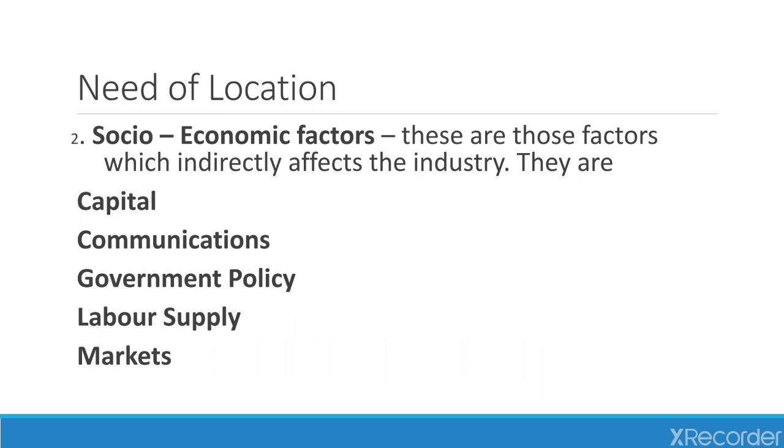Communication, the most important factor for industries nowadays. Due to globalization, industries need to communicate not only with the rest of the country but also with the rest of the world. Transport routes such as motorways, airways, railways and ports are necessary to attract industrial location. Communication increasingly also includes access to the internet, fax and phones. All this allows industries to have greater freedom of choice over their location.